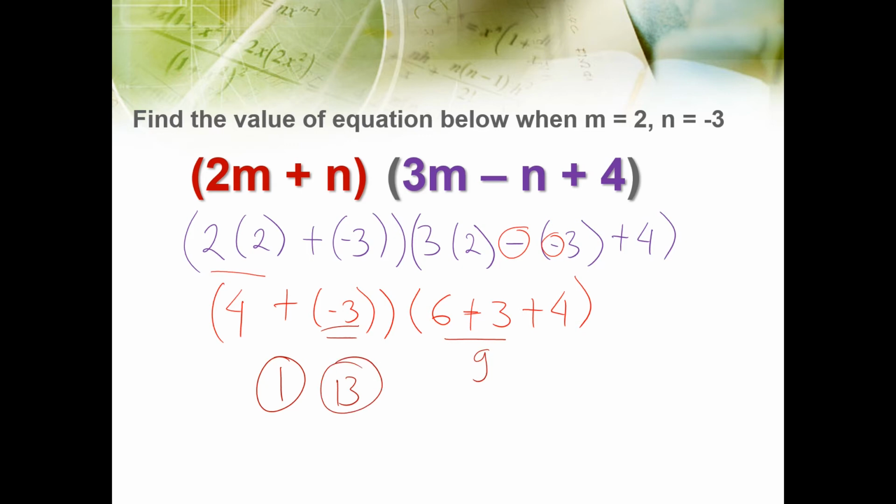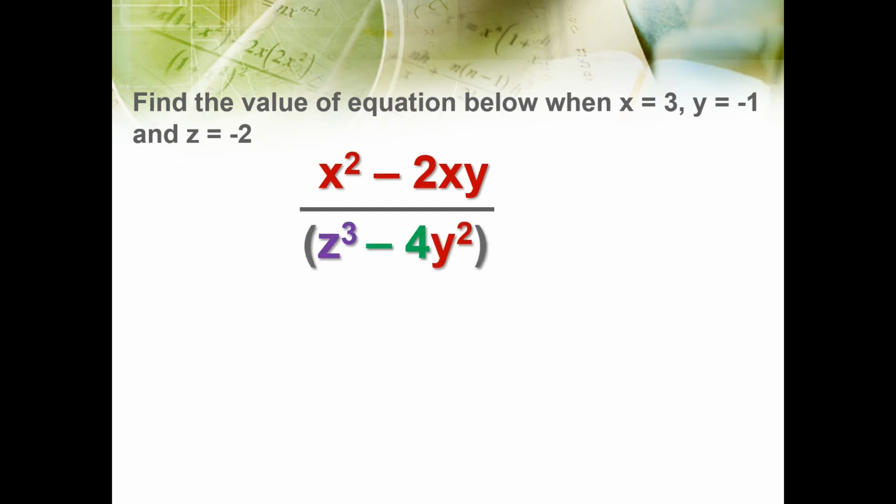It will be, yes, 13. Do you understand? I hope you can understand this. This is another example. Of course, there are different questions also. Okay, let me explain again if you don't understand. You can watch this video slowly. You can pause the video and look at the steps again.